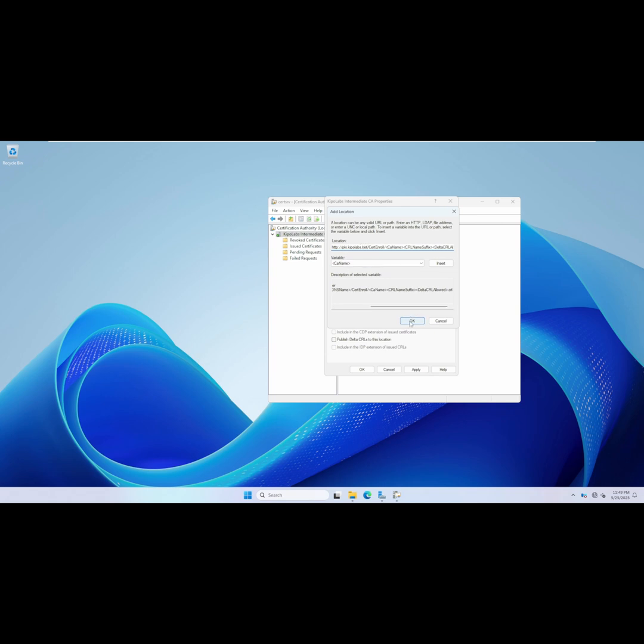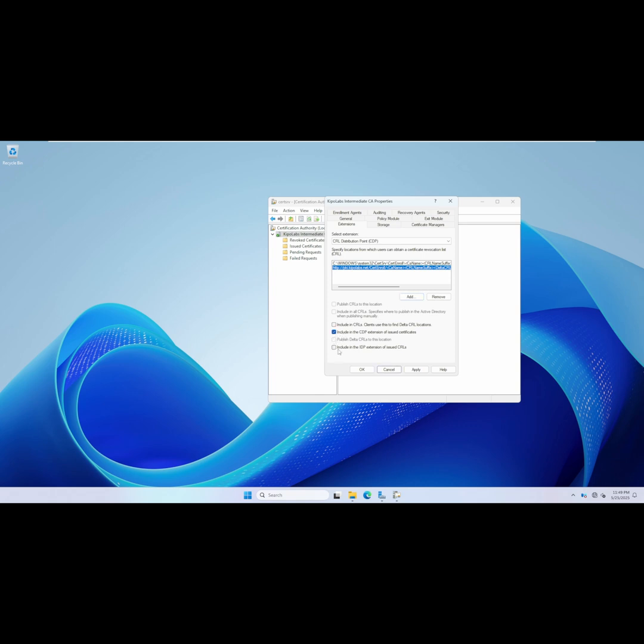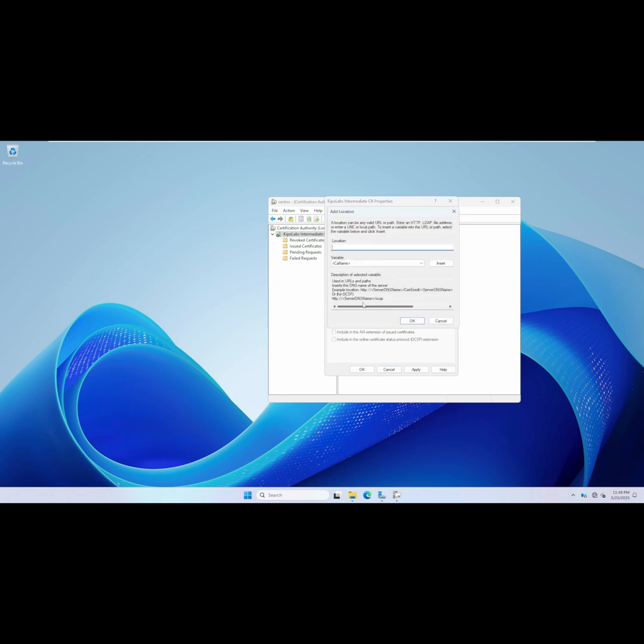Okay, and I'm going to click OK, and then include in CDP extension of issued certificate, and then include in IDP extension of issued CRLs. Okay, and then we're going to take a look at the AIA information, and then I'm going to remove this, and remove this, and then remove this. Then we're going to click add, and then we're going to add